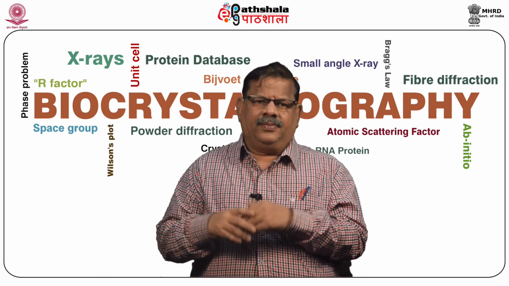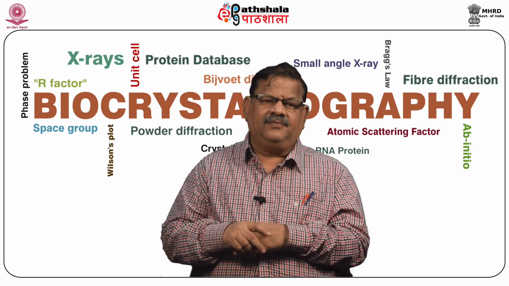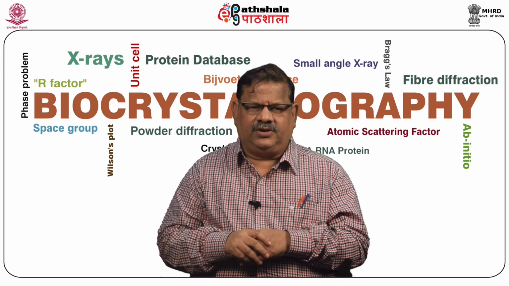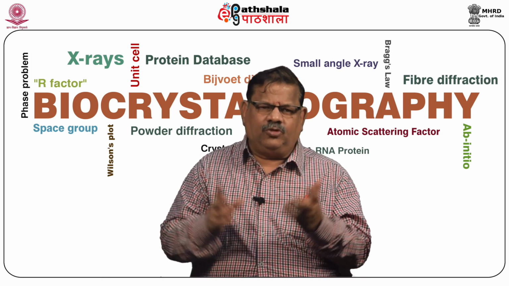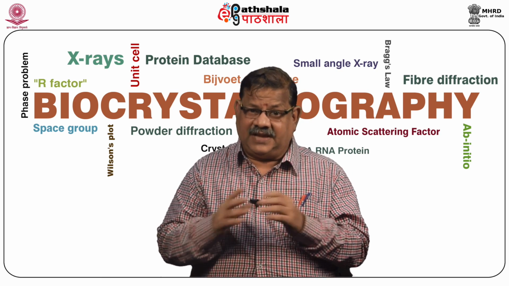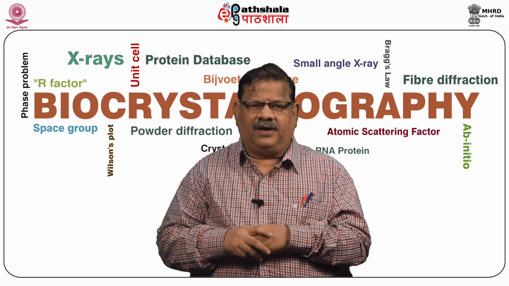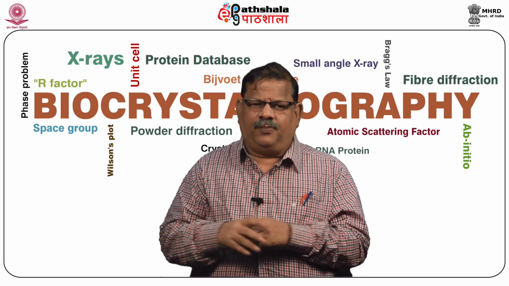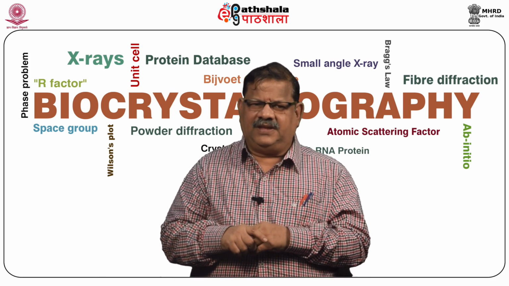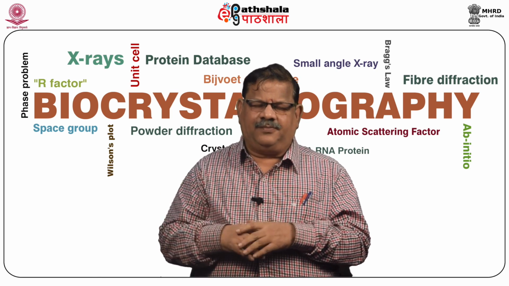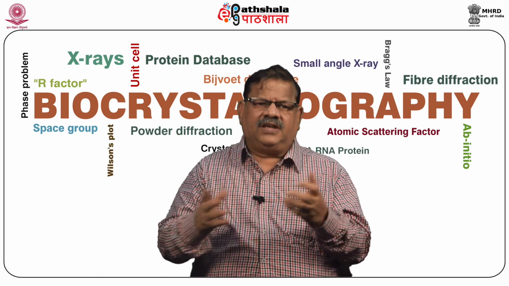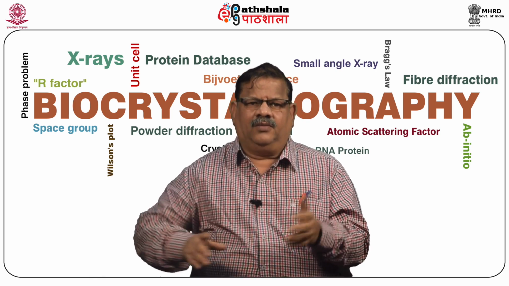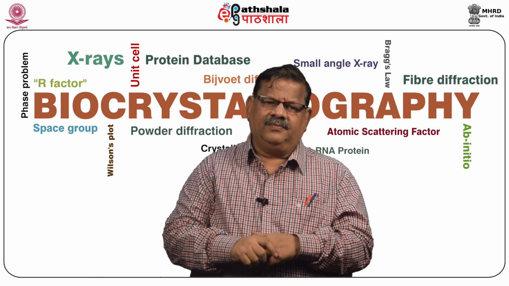So, knowing the atomic positions of the heavy atom, I can calculate the A part, which is summation over j equal to 1 to n f_j cos 2π(hx_j + ky_j + lz_j), and the B part, summation j equal to 1 to n f_j times sin 2π(hx_j + ky_j + lz_j). So, knowing the B part and A part, I can calculate the phase. This heavy atom phase is approximated to the total phase of the molecule, and you are doing the electron